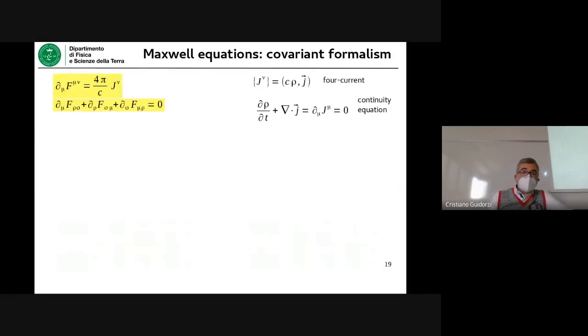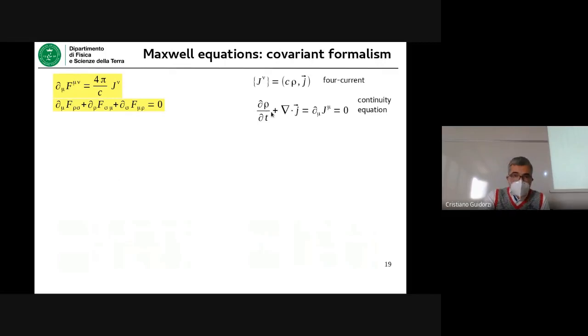Yes, so this summarizes what I just said. So the combination of these two equations just includes all of the 4 Maxwell equations, where, of course, this is a reminder of what the full current is: a full vector with the charge density and the current density. And also, I remind you of the charge conservation,